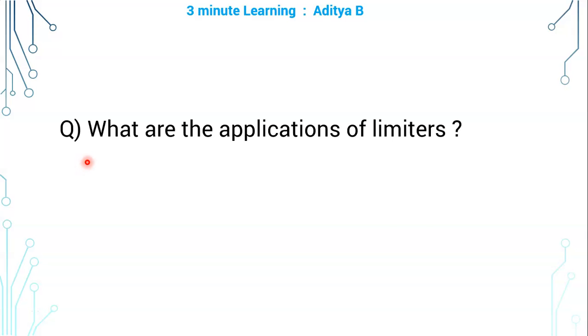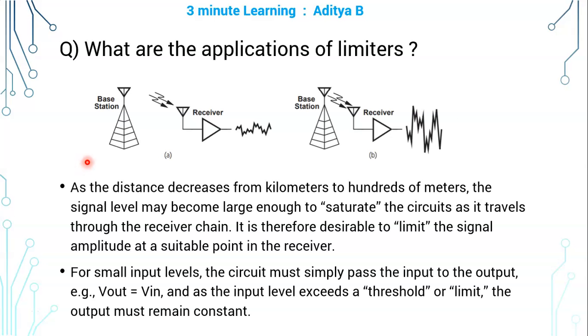What are the applications of limiters? Limiters are the circuits which limit or clip a part of the output voltage. Positive peak clippers clip positive peaks of the input voltage and transmit the signal below the reference voltage, whereas negative peak clippers clip the negative part of the input waveform, or the negative peak is clipped, and transmit the waveform above the reference voltage.